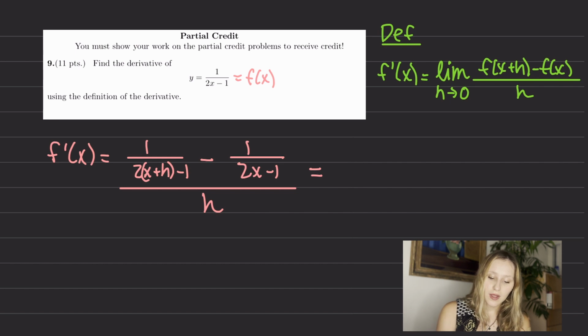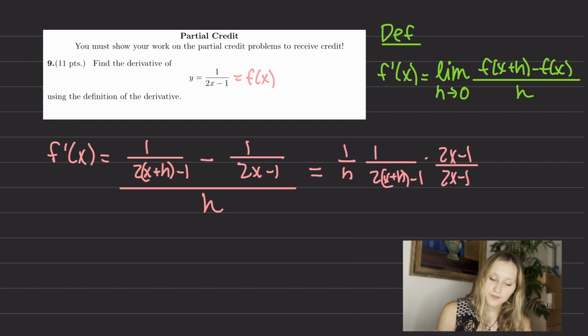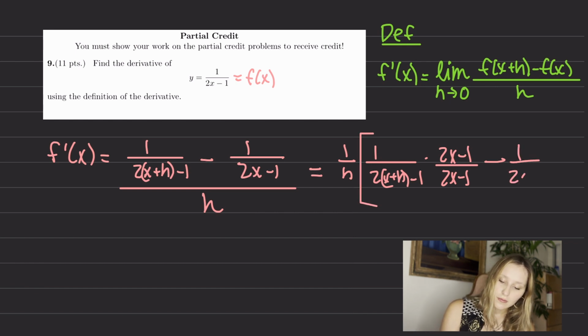So I'm just going to put the 1 over h in front. I have 1 over 2x plus h minus 1. We're going to multiply that by 2x minus 1, and then 2x minus 1 subtracted by times 2